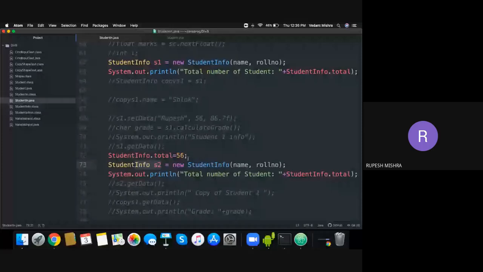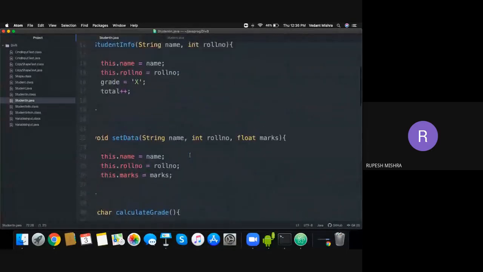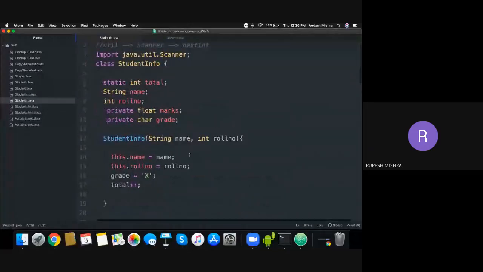No. So what I want is, I don't want this thing to happen. I don't want someone randomly going and modifying the total variable. I want this to happen systematically only. Whenever a new object is created, only then the value should get modified. So for that, I will make this variable private